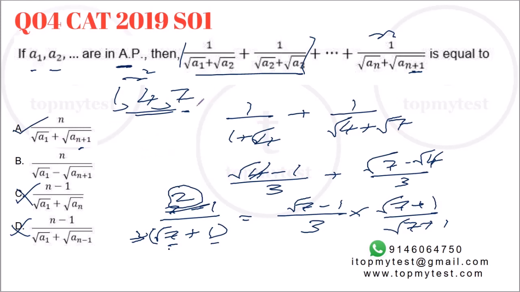Now, obviously, you can add one more term, 10, and try to see if that holds. It will definitely hold. So in the numerator, it will become 3. Denominator will become root 10 plus root 1. Right. Best way to solve this, use the options. I identify the pattern of rationalization, job done.